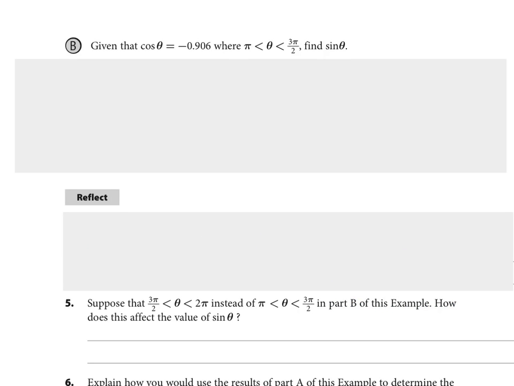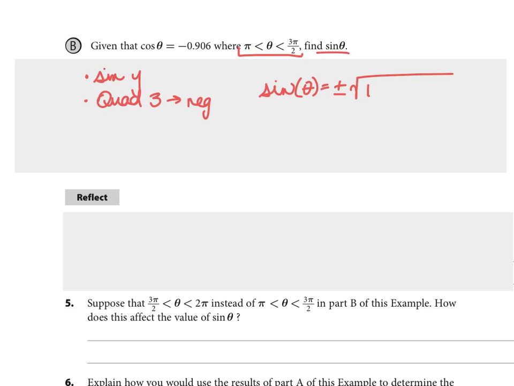Okay, this time they're asking us to find sine. So I know sine is going to be my y values. And we're going from pi to 3 pi. So this time I'm in quadrant 3. And in quadrant 3, I know the y values are negative. So I'm going to go ahead and set up my equation again. Sine of theta equals, I promise you it's not that hard to memorize, plus or minus square root 1 minus cosine squared of theta. And remember, this time I want the negative value, so I'm going to keep this minus sign down here. So I'm going to have sine of theta equals negative square root 1 minus cosine, and this time I'm going to write negative